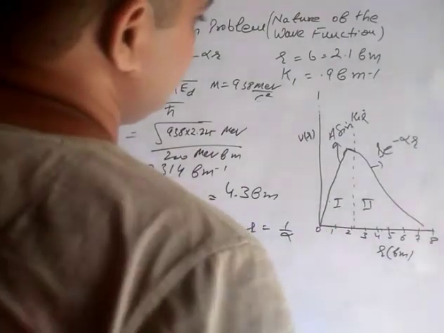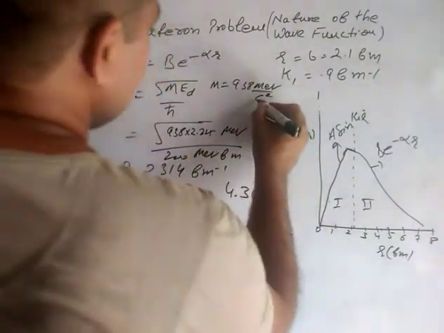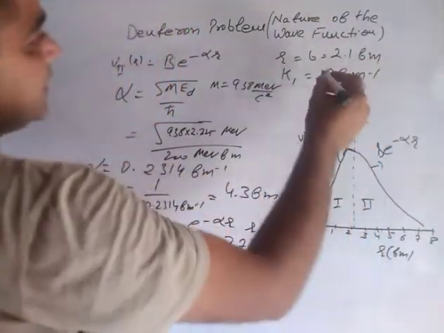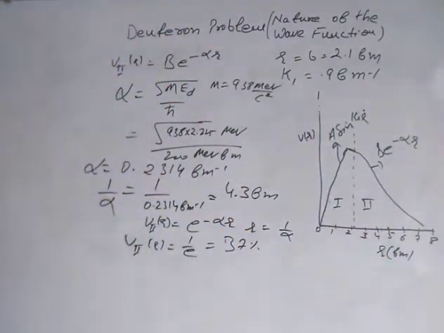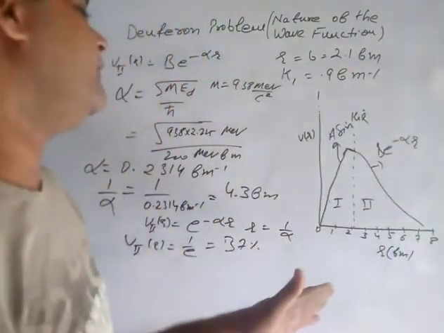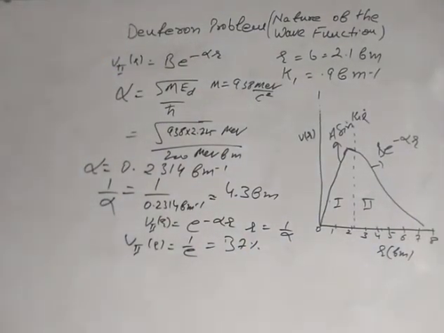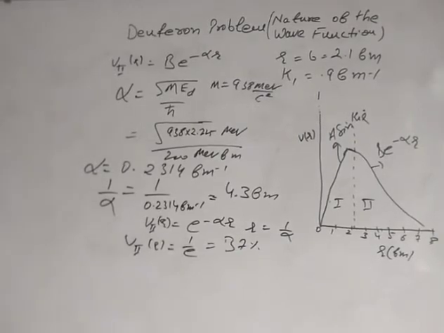Now what information do you get from this? From the experiment we have got that the range of nuclear interaction for deuterium is 2.1 femtometer. But what we found is that the wave function extends beyond the range of nuclear interaction. It means that most of the time neutron and proton are separated by a distance much larger than the range of nuclear interaction. In other words, most of the time the wave function is outside the well.